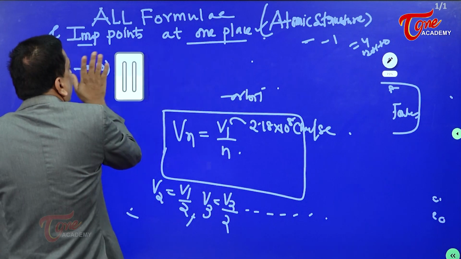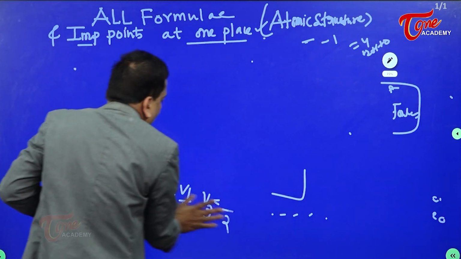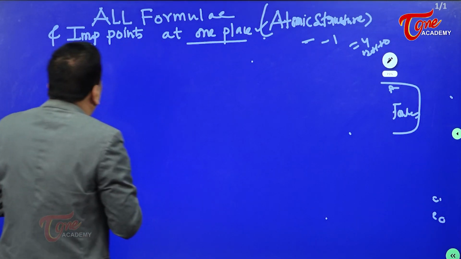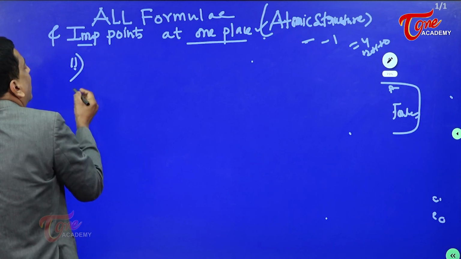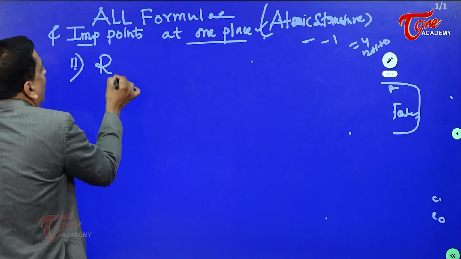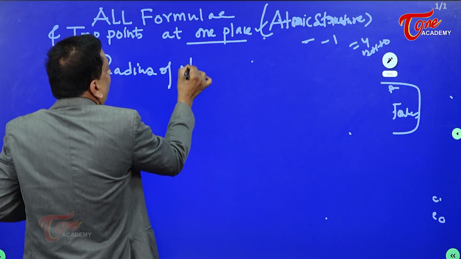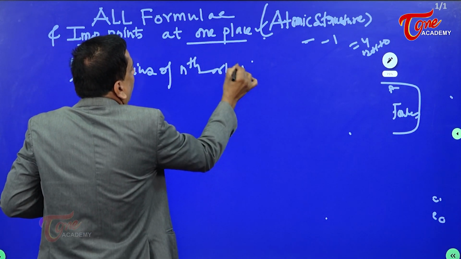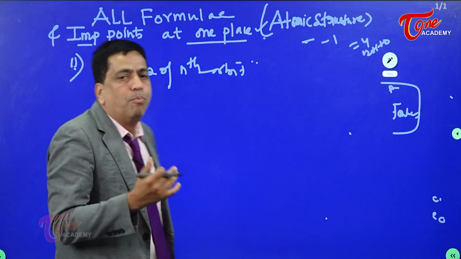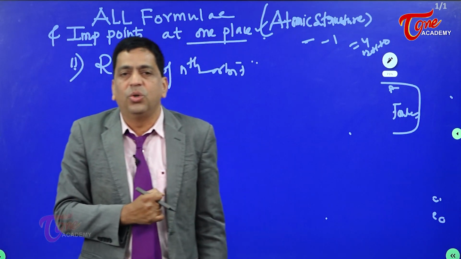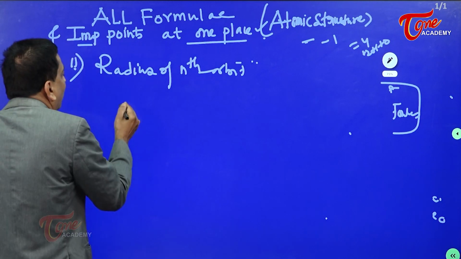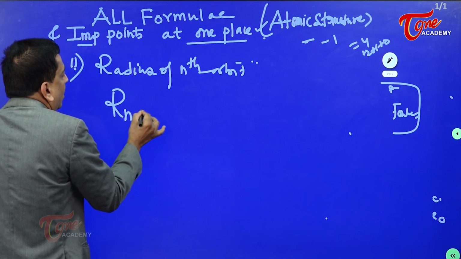And here I go for another expression for you. Watch carefully here. The 11th is basically the radius of the nth orbit of Bohr. Then if he is asking you, you must understand that Rn is equal to